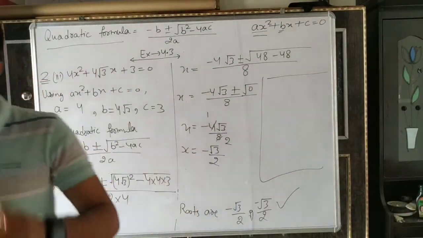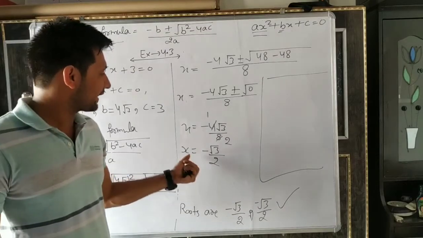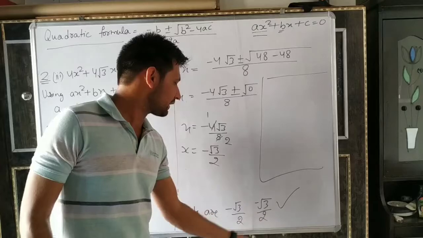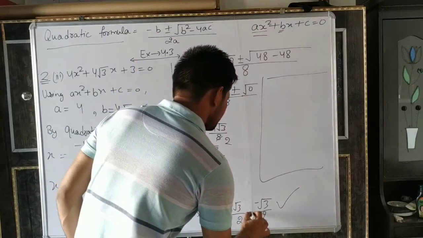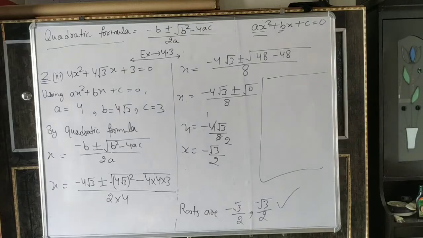Because everyone knows in a quadratic equation there are 2 roots. So therefore we get x equal to minus root 3. It means both are the same root. Understand? You can write like this. Understand it, dear? So the rest of the part you have to do yourself. Now question number 3.